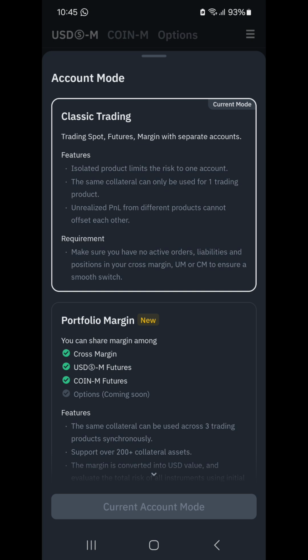So let me move on to the margin trading, and I will speak more about the classic trading also. Here it tells you that you can share margin among cross margin, the USDT margin futures, the coin margin futures, and then even the options, which is coming soon, right? So what it means is that if you have any funds, you see under